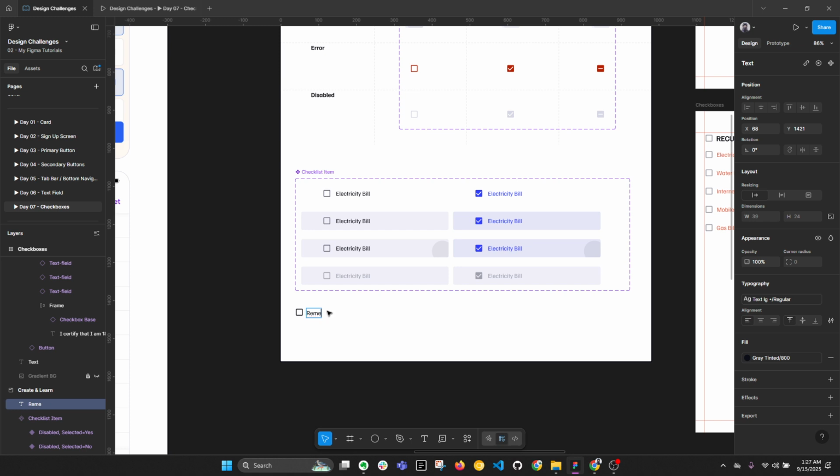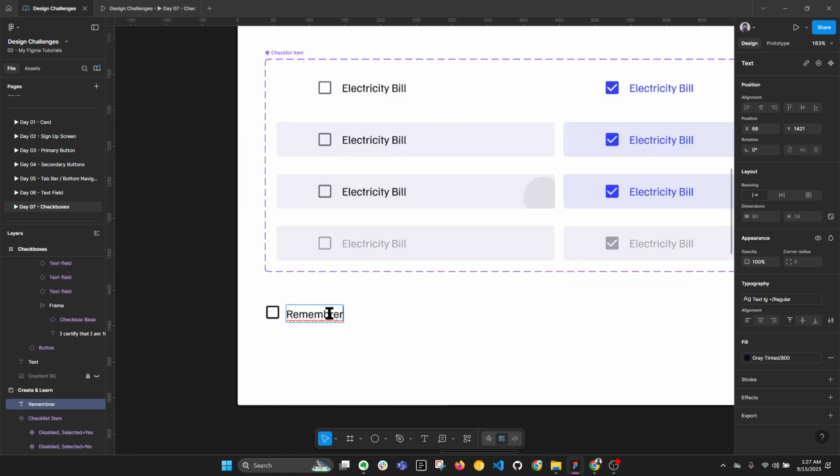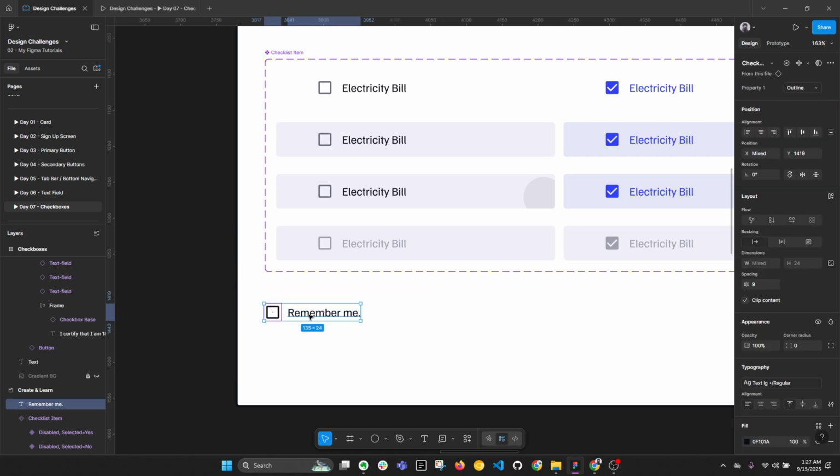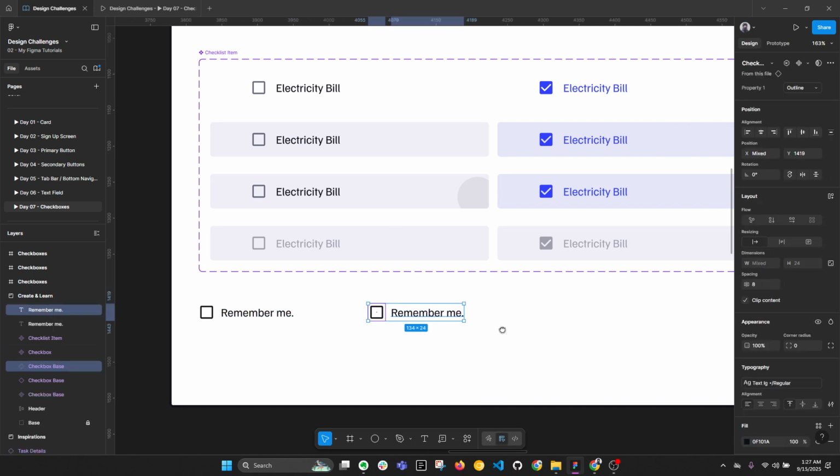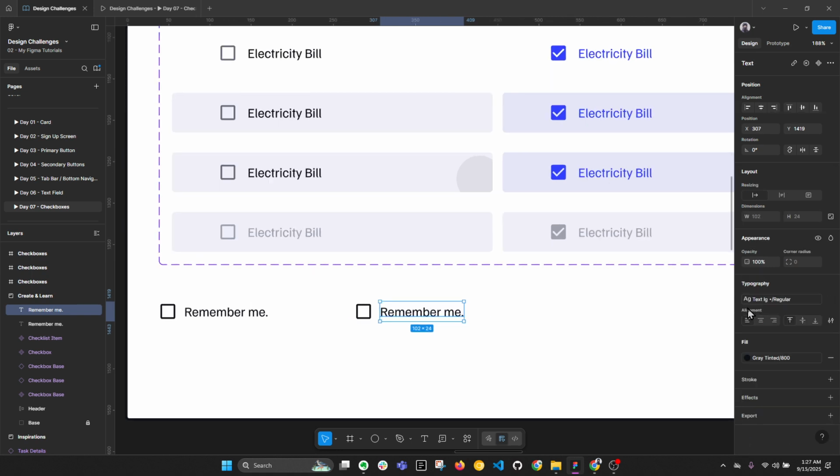Or even when you are checking out using your card, you might need a checkbox with shorter copy. You can have this type of component. So either this kind of component where there is a checkbox and one text, or you can have this type that has a heading